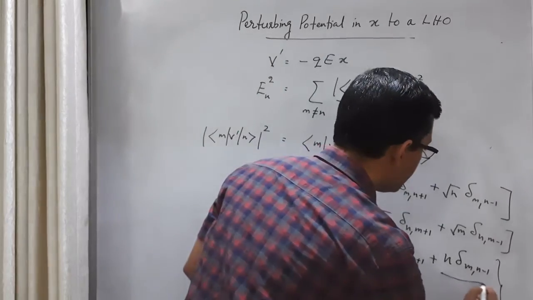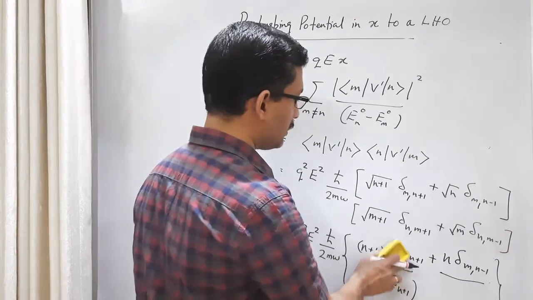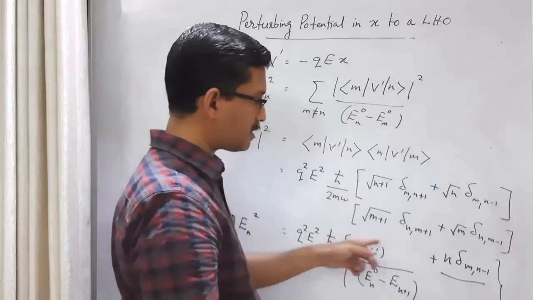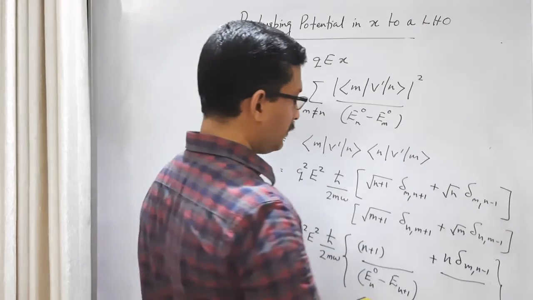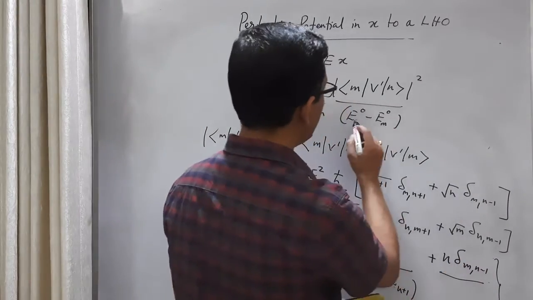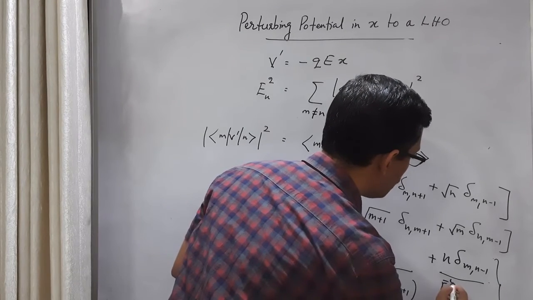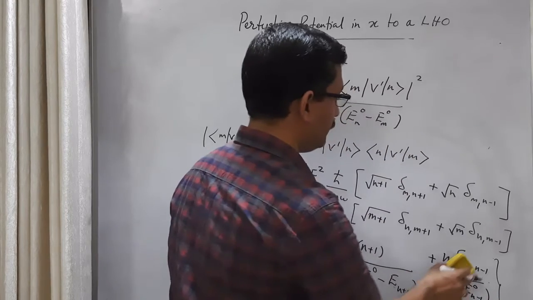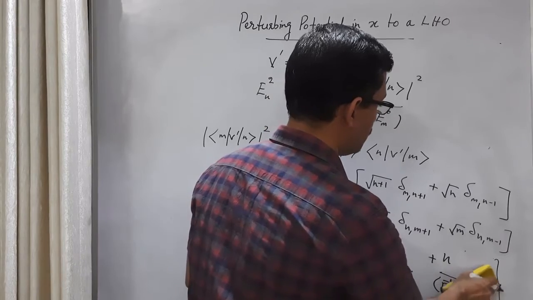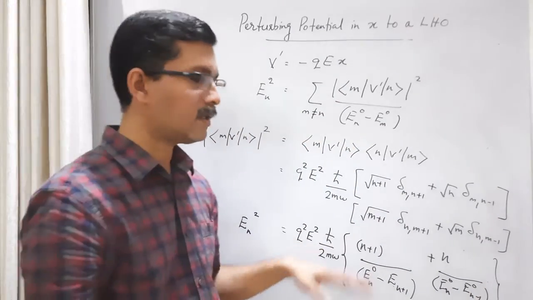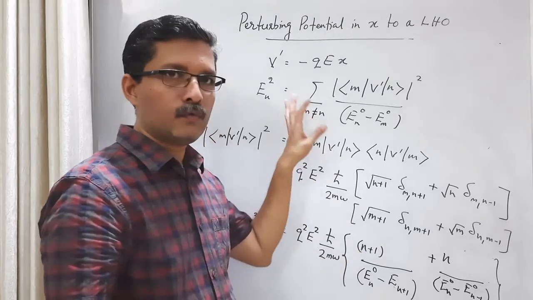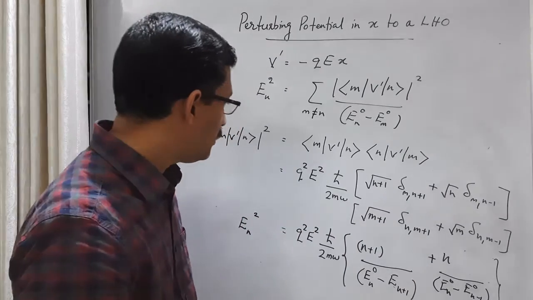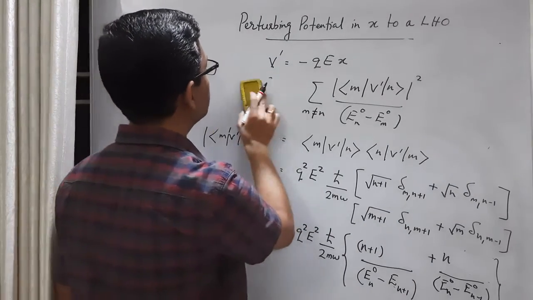Okay, in the second case, now we can remove this Kronecker delta because we have removed the summation. In the summation, only one term will be non-zero. In the second summation, m should be equal to n minus 1. So, in the denominator, we have En0 minus En minus 1, 0. We can remove this one. Kronecker delta is taking care of this summation. In this summation, only one term each is remaining non-zero. So, what is the result here? What do we get?